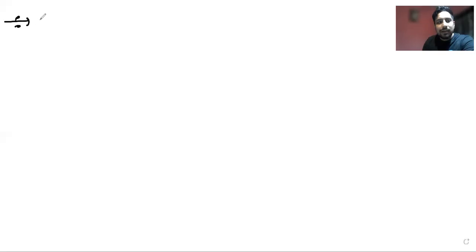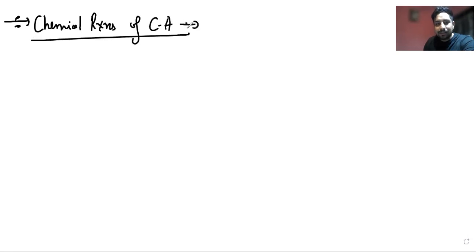So now we will discuss the chemical reactions. Okay, chemical reactions of carboxylic acids. In this video, we will discuss, on the very first basis, what is the structure of carboxylic acid, that is R, C double bond O,